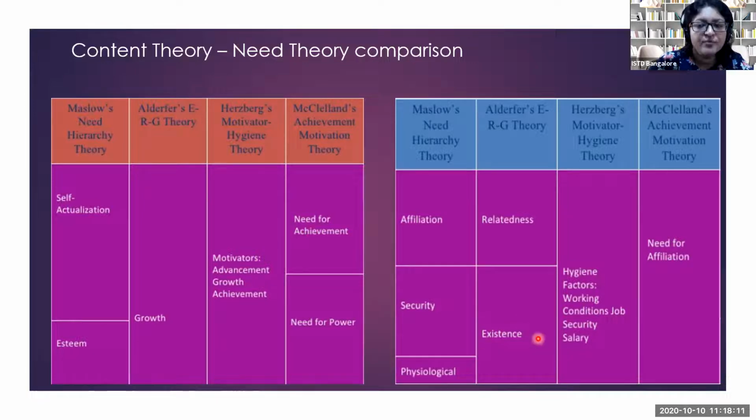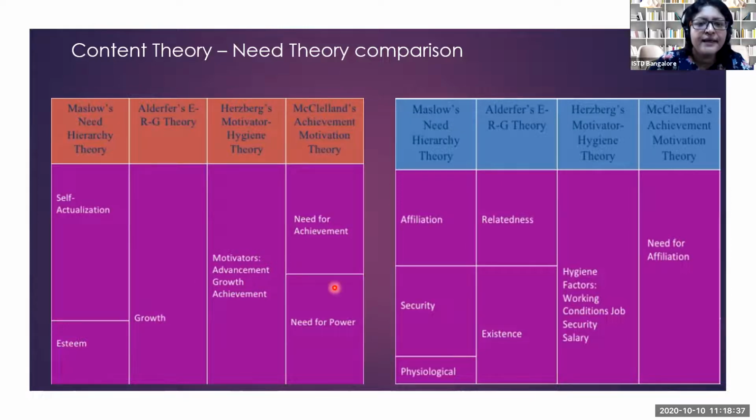We have a job, we have a salary, right? And then you can lead a life, because there are a lot of dependencies, family dependencies, loan dependencies, and so on. So this is how it is mapped. Affiliation is nothing but interpersonal relation. So affiliation, relatedness, belongingness, that is also part of life. Esteem, growth,